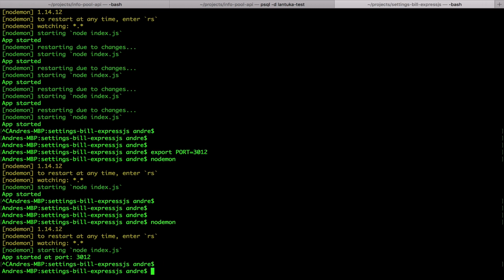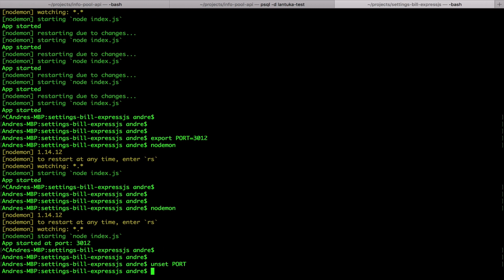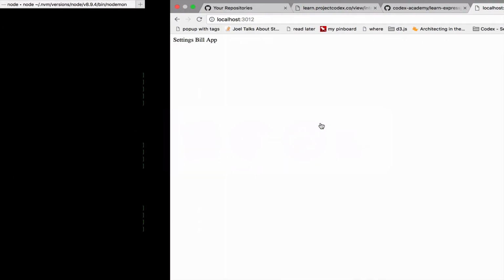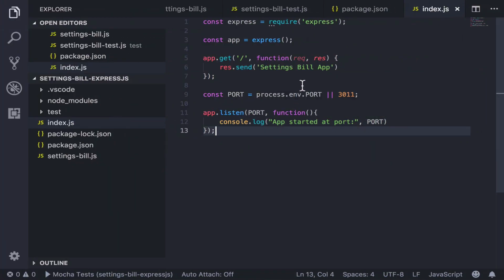So now what I can do is I can unset port. So now port number is no longer set. Run my app again. So now my app is running on port 3000 again, which is the default. So now the other things we need to do to get an app up and running is to